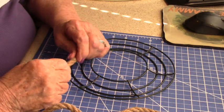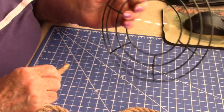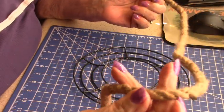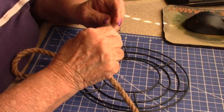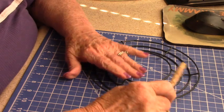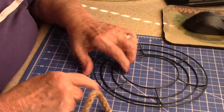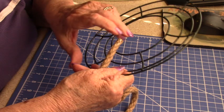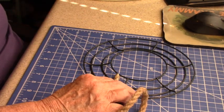Okay, I have one of the 8-inch frames here. Now I have you zoomed in a little bit so you can see what I'm doing here. And I have some of the nautical rope from the Dollar Tree. I'm going to start with my frame upside down right now, and I'm going to glue this right here on this bar on the inside. And what I'm going to do first,